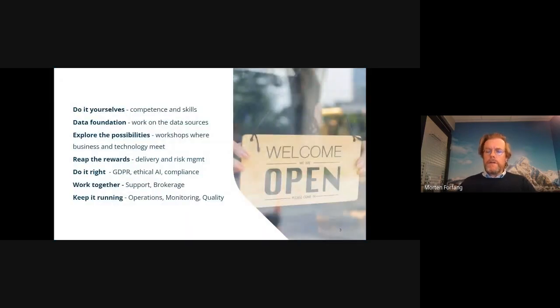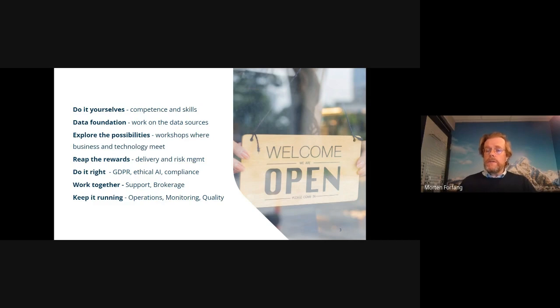So the type of questions, or the type of activities which entail this building of the Eiffel Tower, metaphorically speaking, have a couple of commonalities. One thing is AI is a really fast-moving train. Technology is a fast-moving train. So your sourcing strategy might tell you something about what kind of competence you want to have in-house. How do I keep track, basically? How do I get my employees to know sufficient about AI? So that's one area.